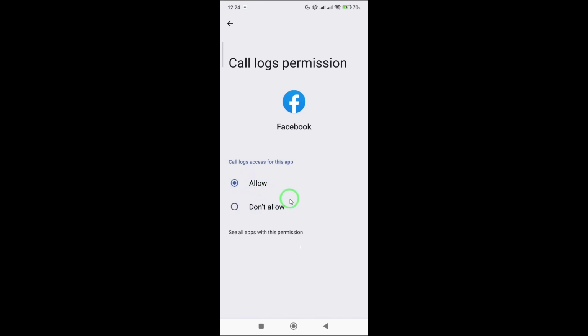Once you've granted permission, that's it. You've successfully enabled call logs access for your Facebook app. This will ensure that any features on Facebook that use call log data, such as syncing or communication tools, can work smoothly. If you ever want to manage this permission again, just repeat these same steps and switch it back